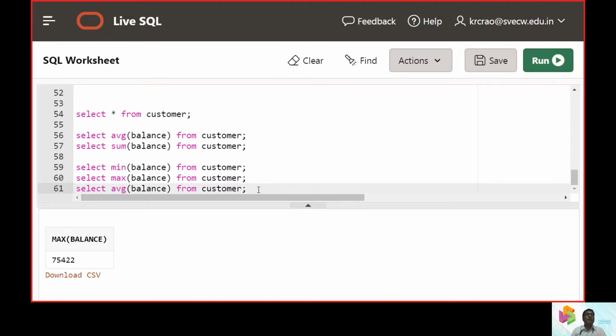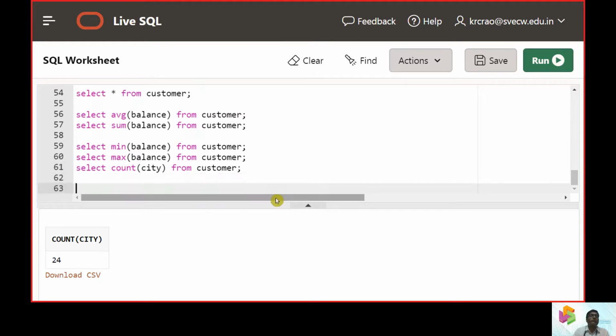So we did average, we did sum. Then we can even use the basic command count. How many balances are available? How many rows are printed? If I hit it with the city, count of city, then obviously, intentionally we made some empty content. Okay, two times we have taken up the customer. That's the reason why it is repeating the values.